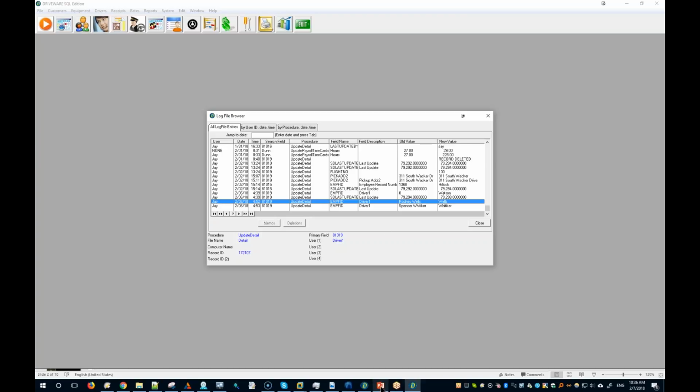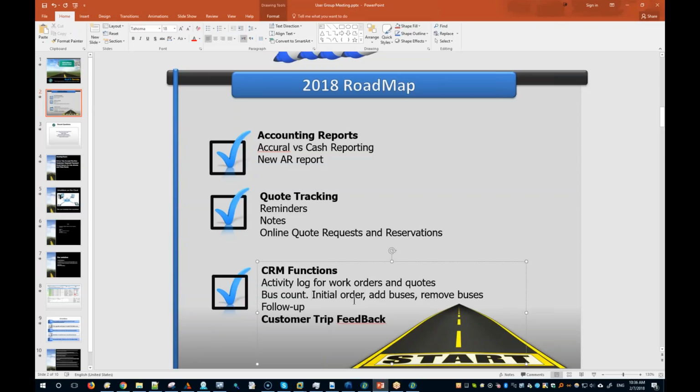One of the other things that we've been told is that sometimes the customer orders initially maybe 3 buses, but then they may add a bus or remove a bus, and the bus count is something that we're putting some of our resources on,